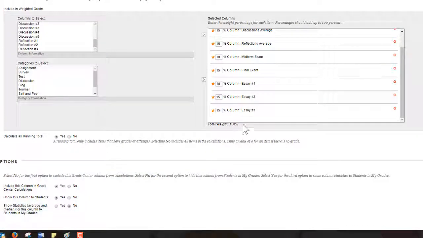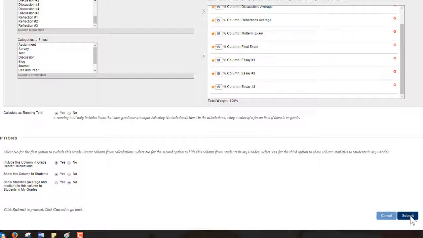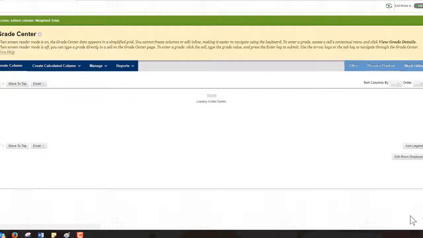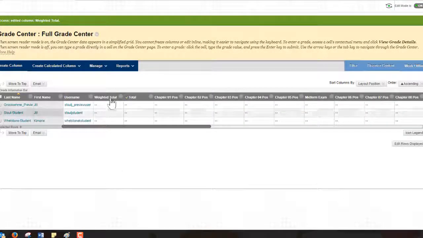And I want to double check to make sure that the total weight equals 100%, and also that this agrees with my syllabus statement. So once I'm done with this, I'll hit Submit to save. And now my grade is going to be averaging the weighted total based on the percentages I've set in the grading system.